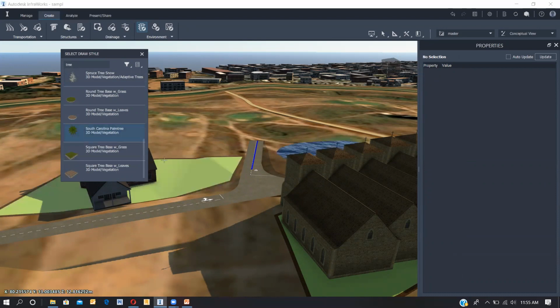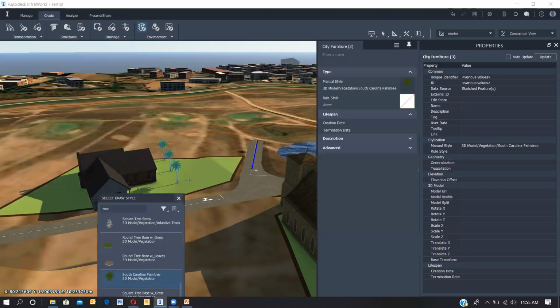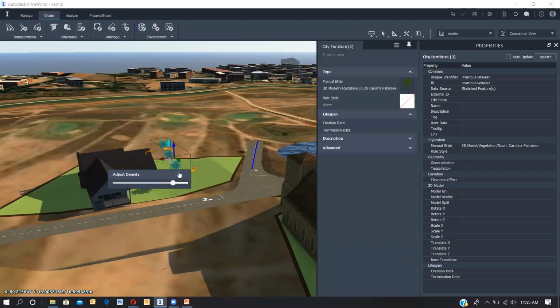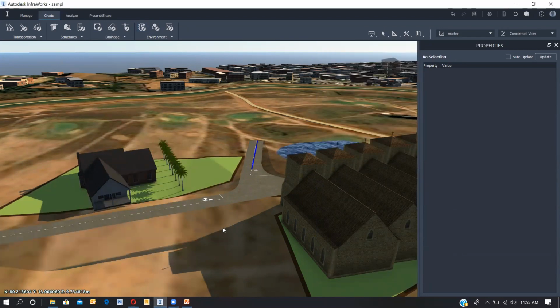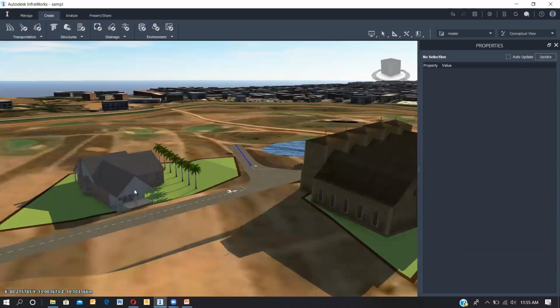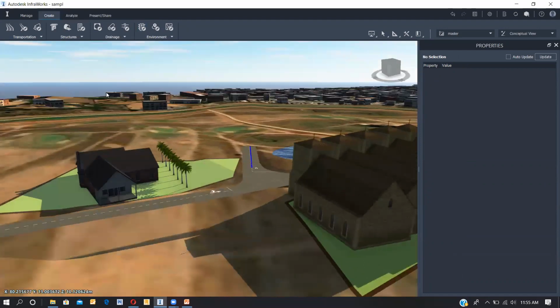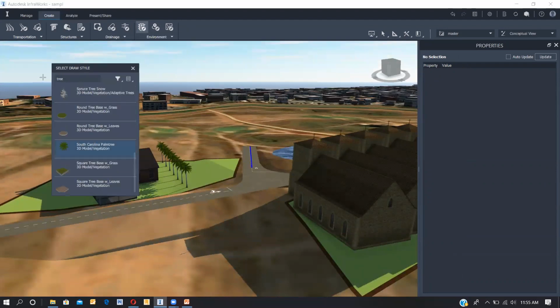So I can select where I need the trees. So it looks nice, right? I'm doing it in a faster manner. So if you want a car to be placed here, we'll be having the options for that also.